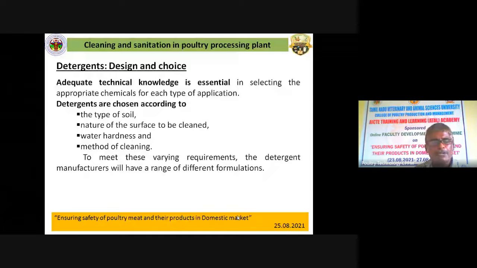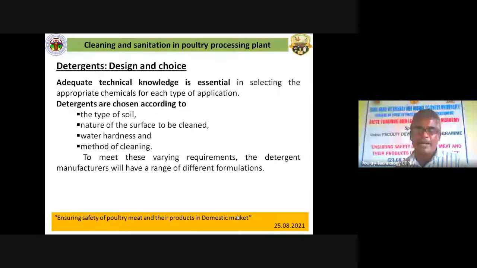For example, if you incorporate protease in your detergent composition, and you are using the material in some of the cereal-based product, it won't efficiently work. So that's why we have to take into account these four factors while designing a detergent. And further, we have to give due consideration to the requirements of the food